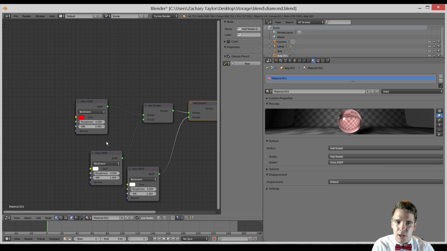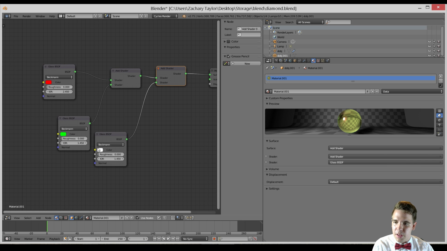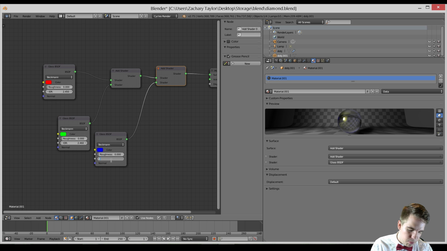It's important. Now, the glass BSDF, I'm going to bring this to a solid green. I'm going to click and drag to make sure everything is 0 except green. And then on the other one, and the IOR, I need to make this 2.46. And then on the glass BSDF, I need to make this a solid blue. So let me bring this down to 0, 0, and make this 1. And make the IOR a